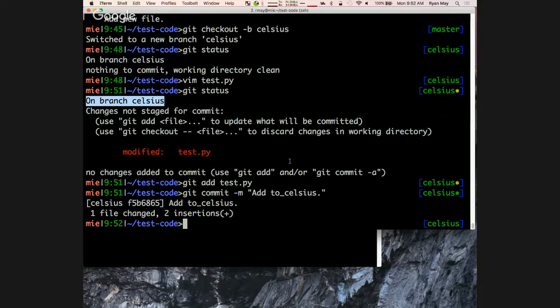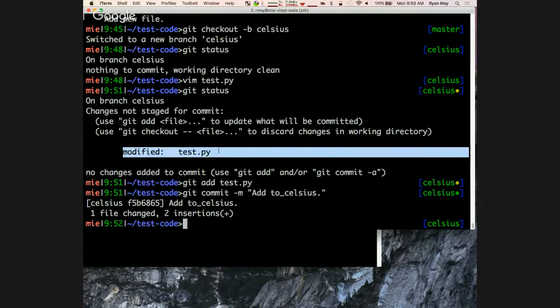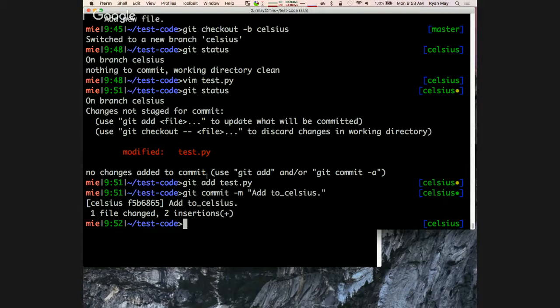If you're ever confused what the state of the repository is, git status has pretty much all the information you need if you can get used to parsing it. So the first line says on branch Celsius. Then you've got the changes not staged for commit here. That was the file I've edited. Then I added it, then I committed it.